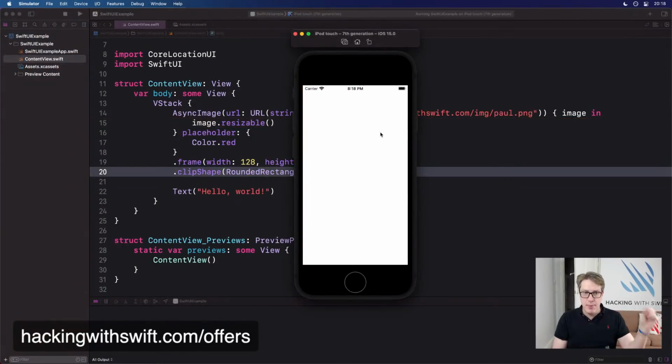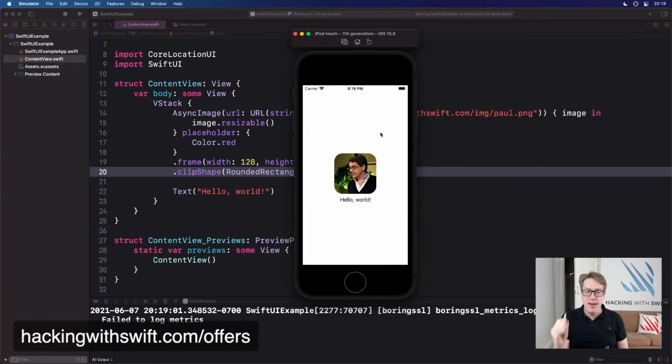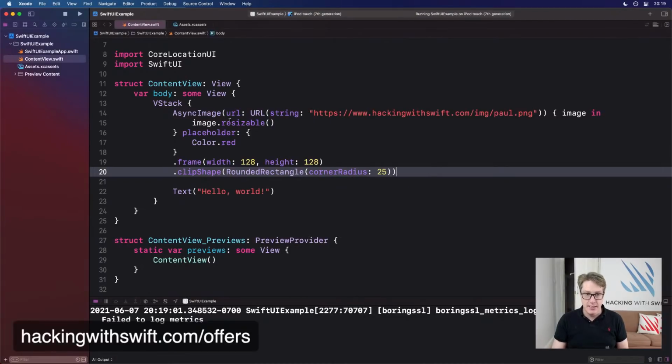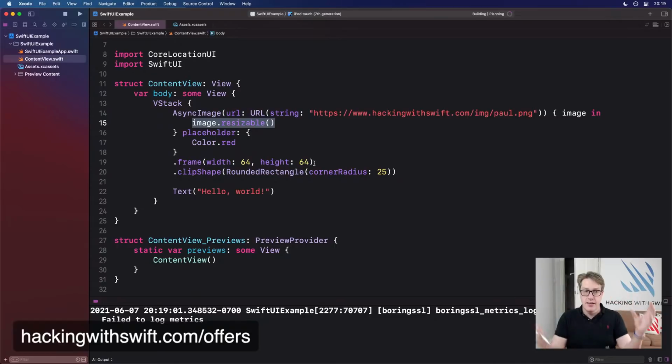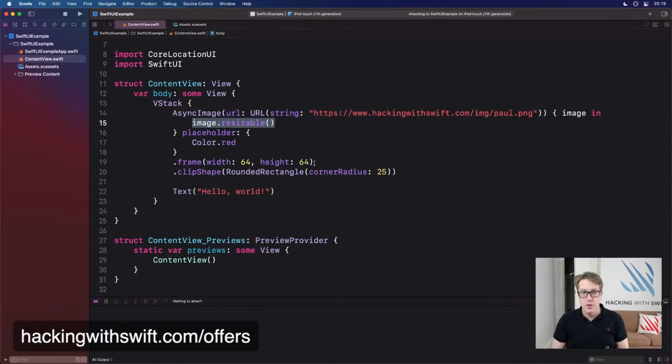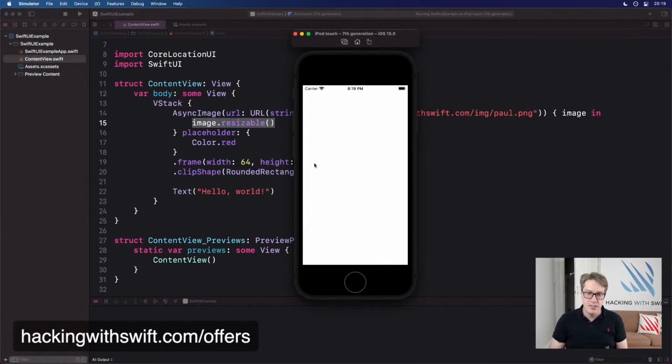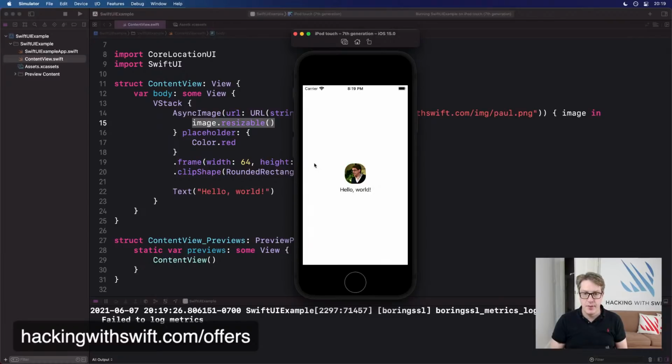So we're now having a custom placeholder of red, which is there. Boom. And we're making our image and size resize correctly as much as we want to. It'll adapt because it's resizable. So what matters now is we're giving instructions to the async image. Here's how to display your frame and your clip shape, but also the resulting SwiftUI image that gets loaded as well. That should be resizable to fit inside the async image as well. So now I'll say be smaller, and it should also work just as well. Like that. Which didn't work before, you see, because you couldn't do that.